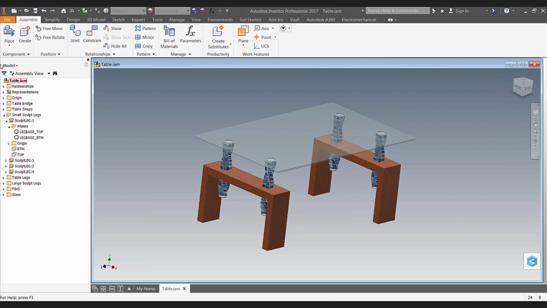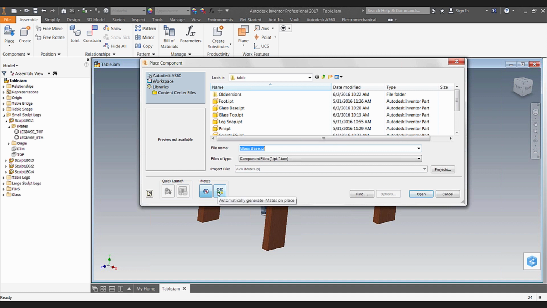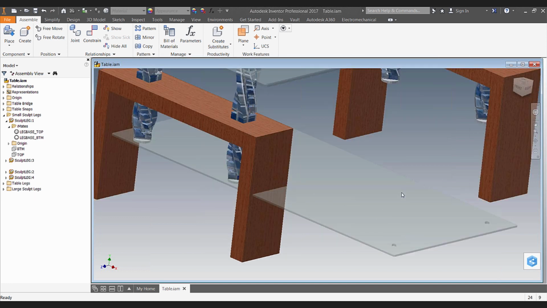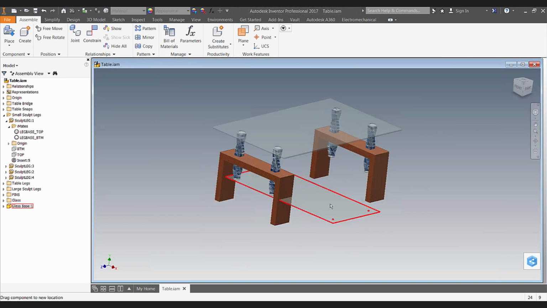What usually works better if you have something that's exact like this is to use the other option, automatically generate iMates on place, and we'll see how that works. And usually it just picks it in. It didn't do it this time. It's using the wrong constraint set. So there's ways to go about fine-tuning that. Sometimes that is